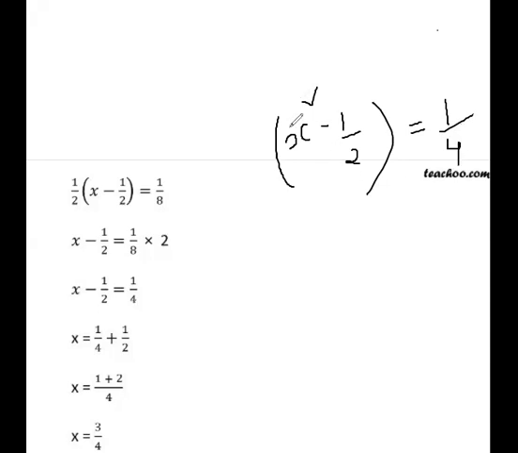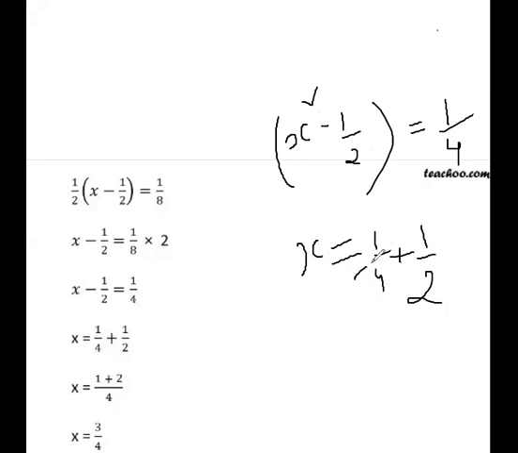What is happening now? Now we have x here and we have minus 1 upon 2 here. So now here it is minus. On the other side, it will go and become plus. So x is equal to 1 upon 4, and we'll add it with 1 upon 2. Now here you have different denominators. As you guys can see, you have different denominators here. And with different denominators, you know that we have to take the LCM.